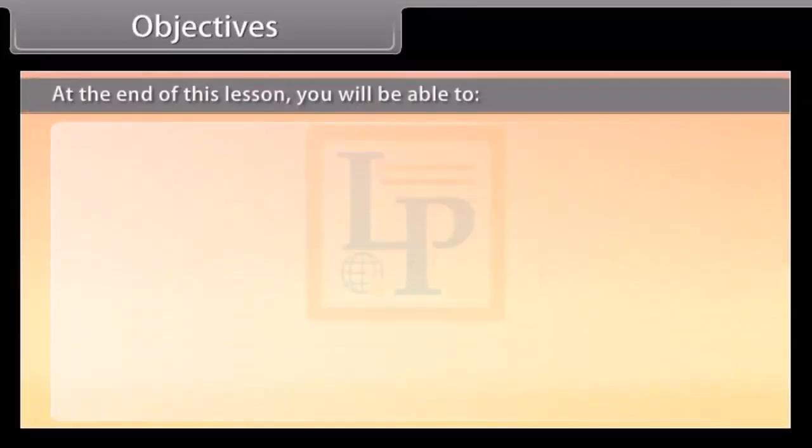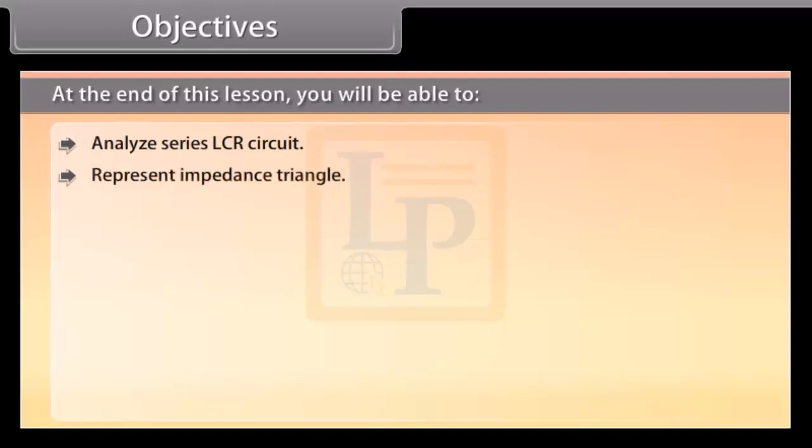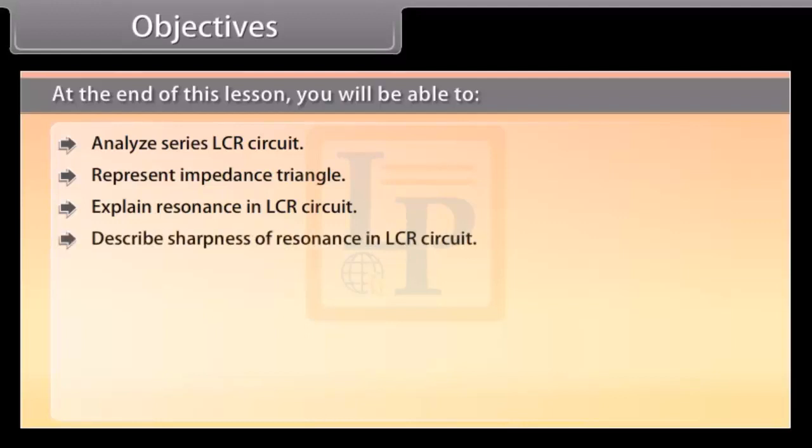Objectives. At the end of this lesson, you will be able to analyze series LCR circuit, represent impedance triangle, explain resonance in LCR circuit, describe sharpness of resonance in LCR circuit,